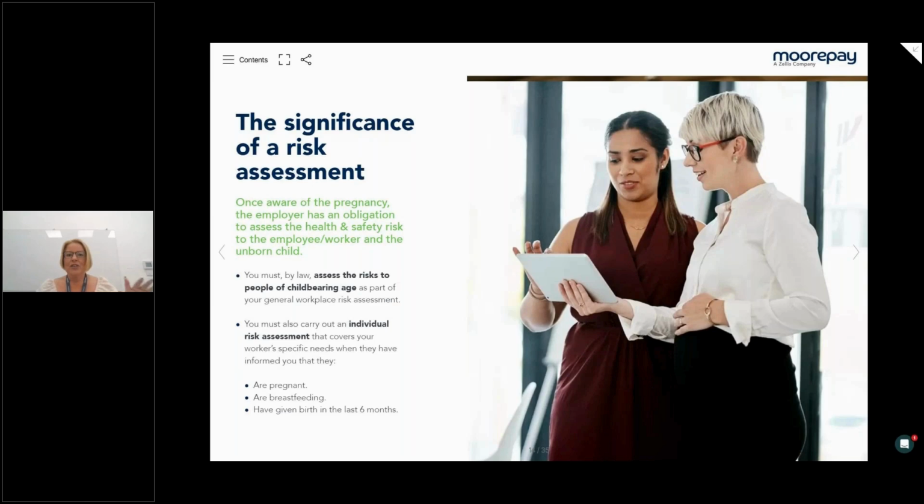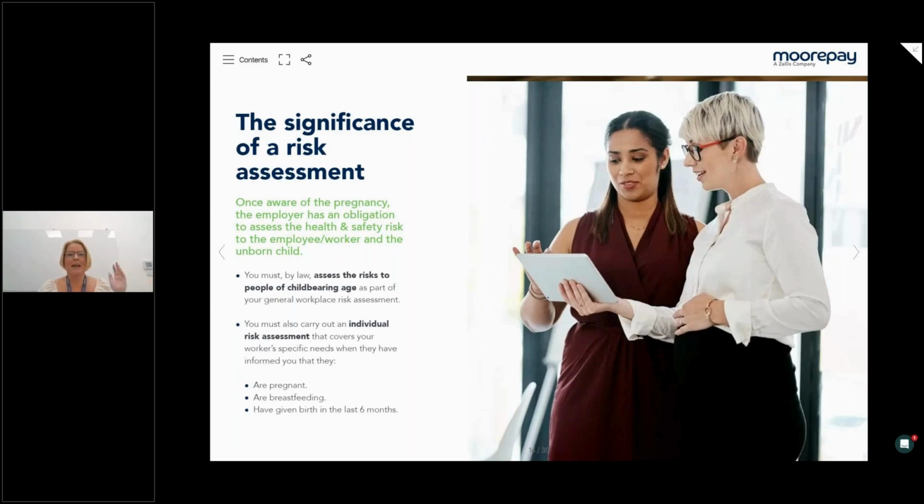Like I said, as soon as you know somebody's pregnant, you should be doing this maternity risk assessment. If you've already got our service, then we have a template. Depending on your work environment, it may be worth linking into health and safety to get them to assess that to make sure it's relevant to your employee. Like I say, we're not health and safety, but we can guide you in the right direction, and we do have a basic template that you can use to assess the risks. This risk assessment should be done at the start of the pregnancy.